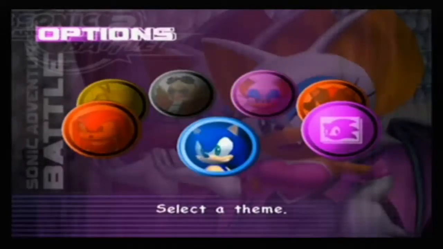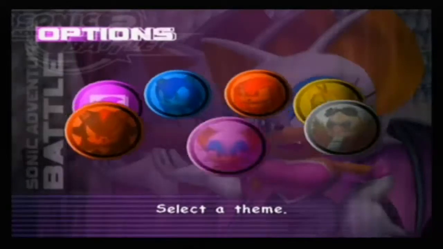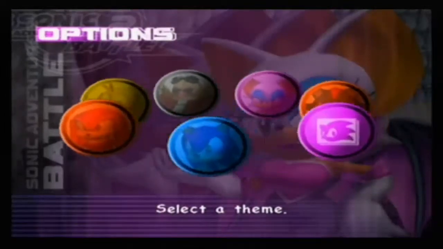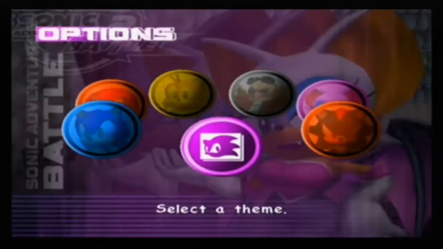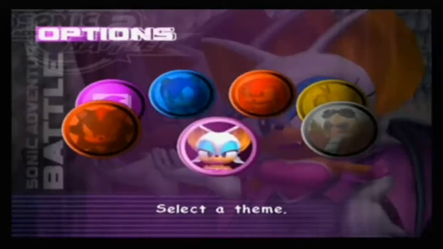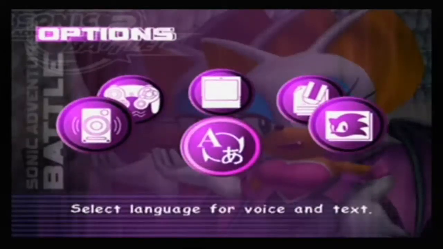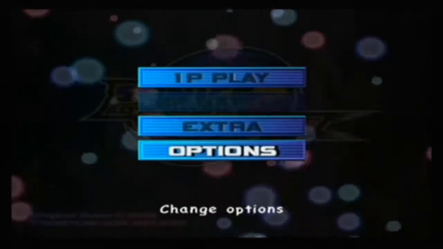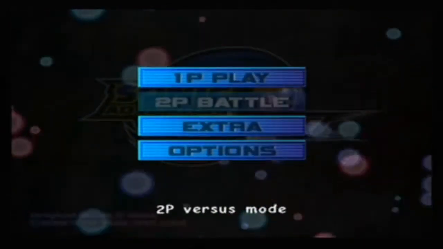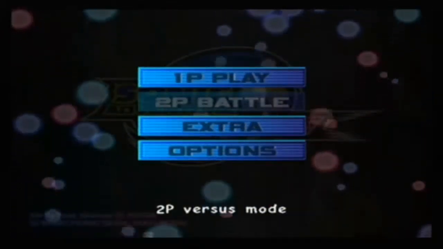In the original Dreamcast version, I believe you had to download all of these from the internet. But in Sonic Adventure 2 Battle, you actually get all these by default. And I believe with the Dreamcast version, they had a Christmas theme, a New Year theme, and a Halloween theme as well. I don't know if they're in this or whether you could unlock them, but yeah, just something I should point out. I believe the Christmas, New Year, Halloween things only affected the 2-player battles,